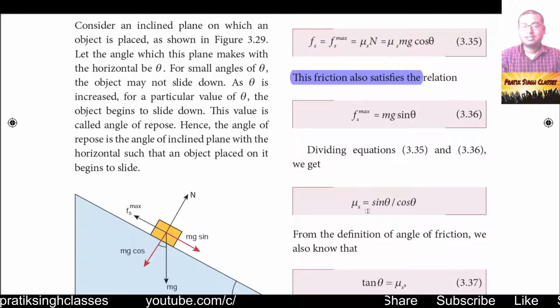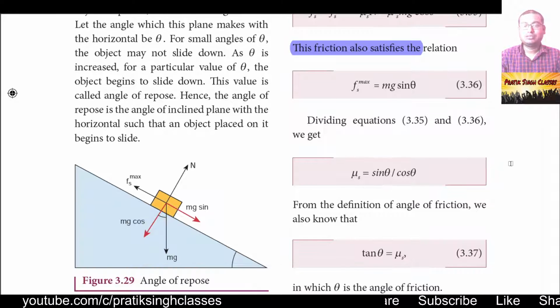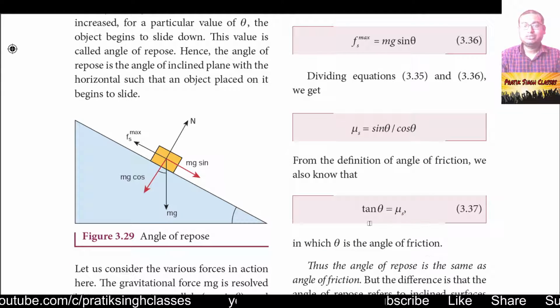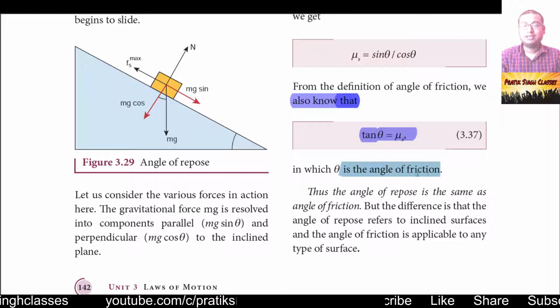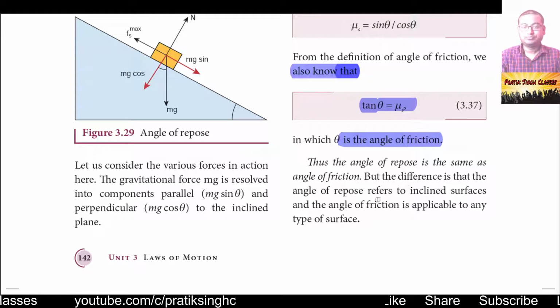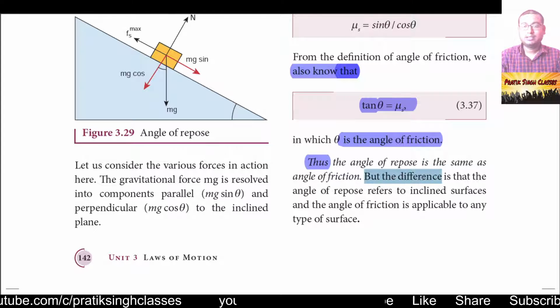So just divide equation 3.35 and 3.36 with each other. We will get mu s is equal to sin theta by cos theta, or mu s is equal to tan theta. From the definition of angle of friction, we also know that tan theta is equal to mu s. So here theta is the angle of friction. Thus the angle of repose is the same as the angle of friction in this case, but the difference is